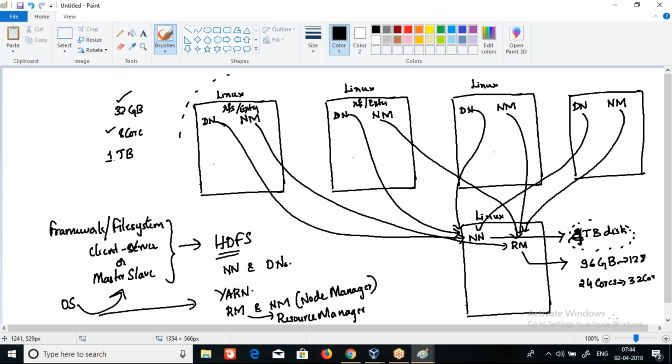Hadoop is all about making the resources available on multiple systems to be showcased as resources available on a single system. The end user will be only connecting to these two services. The name node will say that I have got 4 TB of disk, and the resource manager will say that I have got 128 GB RAM and 32 cores. So that's the idea of the Hadoop ecosystem,